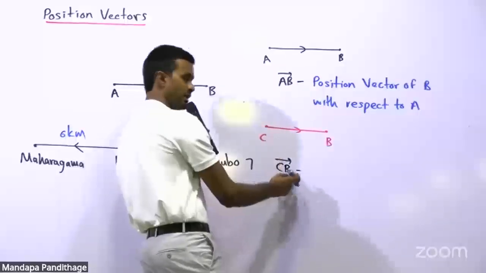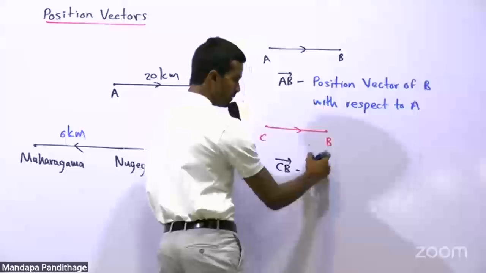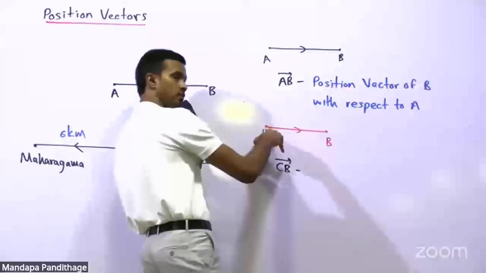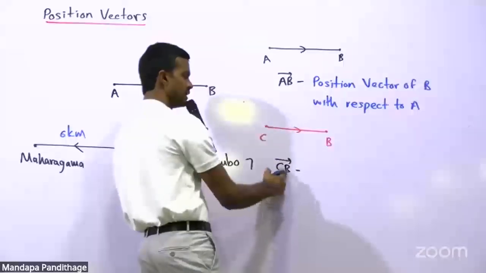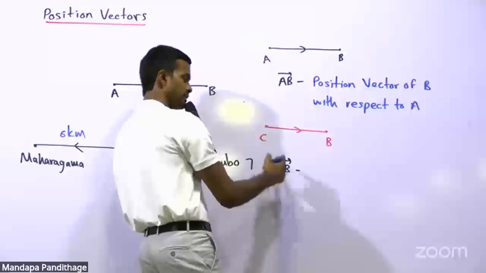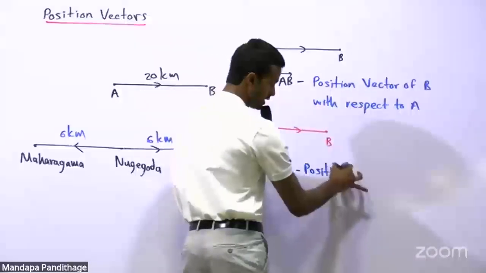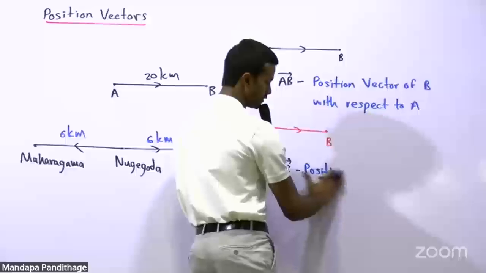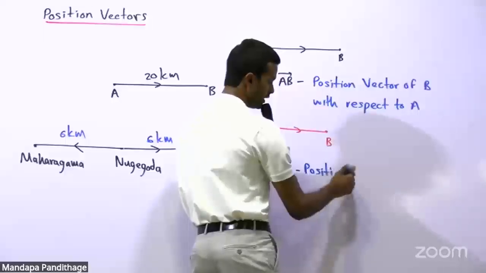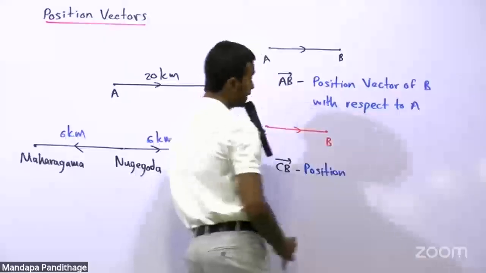What is CB? Position vector of B with respect to C. So a position vector gives us an idea about the position of a point with respect to another point. Okay, right in this way,